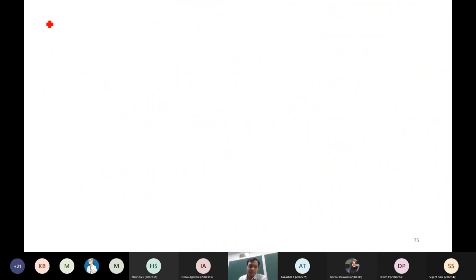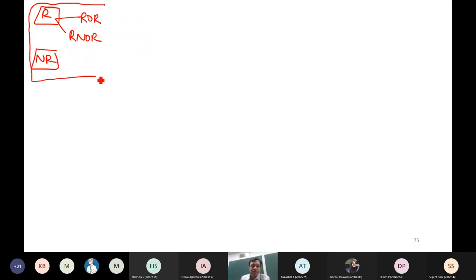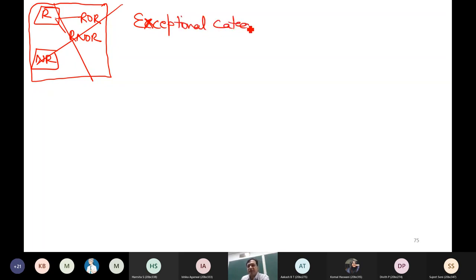So now what is the concept which we have covered till today? How to determine the residential status of an individual. Resident, and if resident, how do we determine ROR or NOR? Or NR we have already covered. But do you know that there are two different types of individuals to whom these provisions are not applicable, and those we call exceptional? There are two different categories. Exceptional categories of individuals